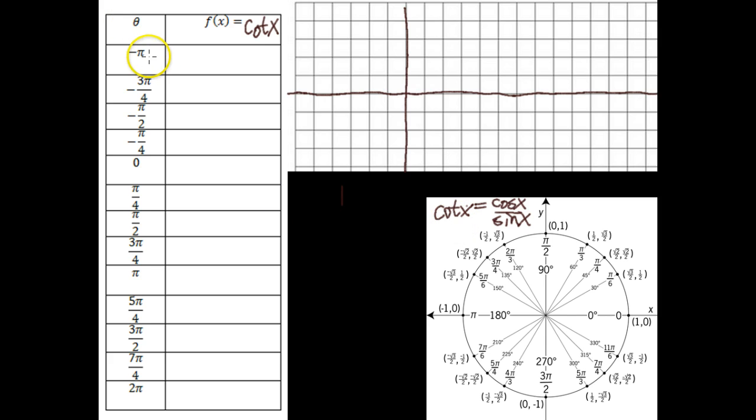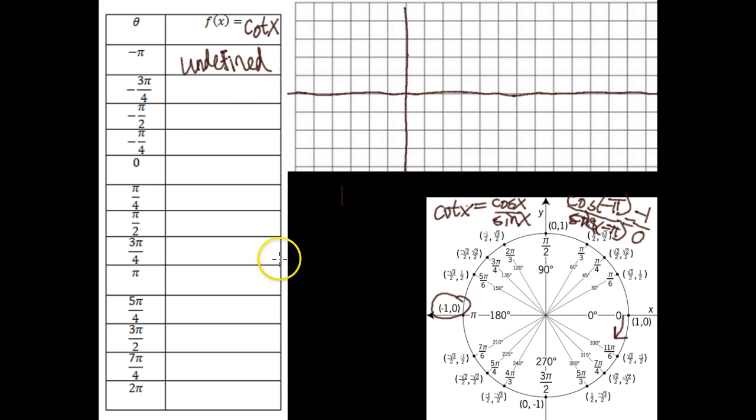This will be helpful when we're inputting angle values and getting an output. Because if I input negative pi, remember, what is the cosine of negative pi over the sine of negative pi? So here's negative pi. Remember, we're going to go in this direction, negative pi units, so that lands us here. And in this case, cosine is always the x value, so we have negative 1 over 0. Uh-oh, what does that mean? That means it's undefined. So it's going to be undefined